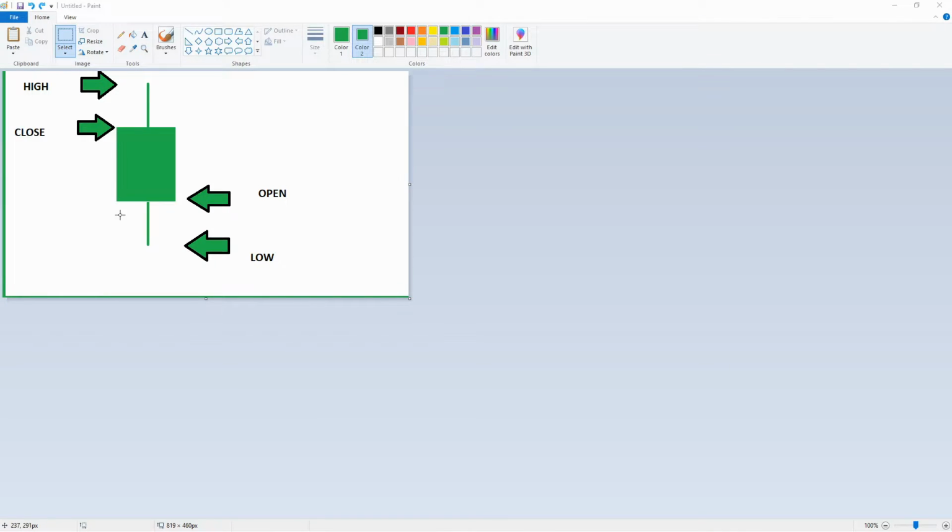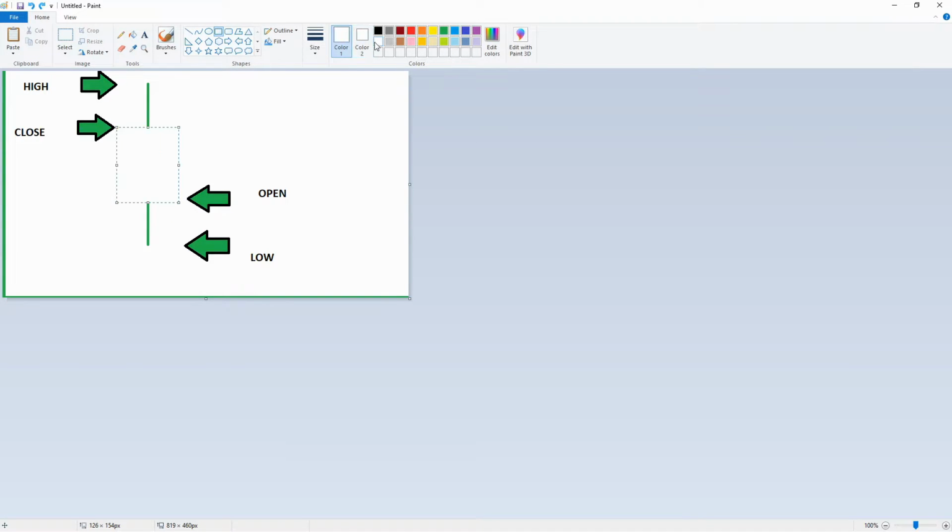What this candlestick tells you is all of the price action that has happened within that 5 minutes. Okay, so within 5 minutes, this candlestick opened here, it pushed down to the low here, it pushed up to the high here, and then finally at the end of the 5 minutes it closed there. All right, so in real time, you will see something that